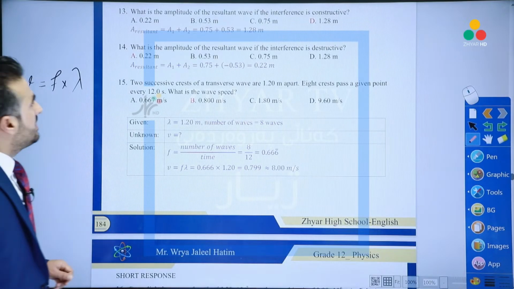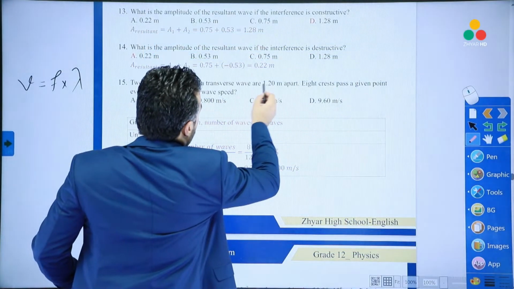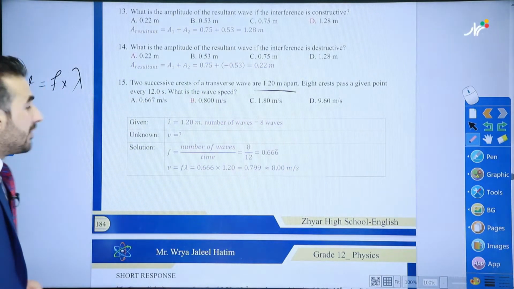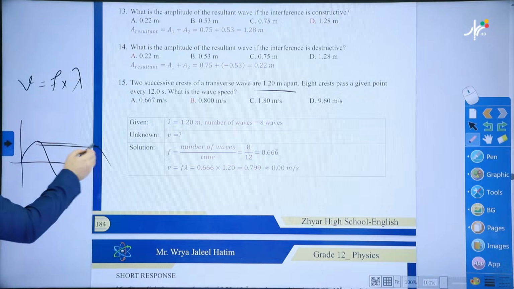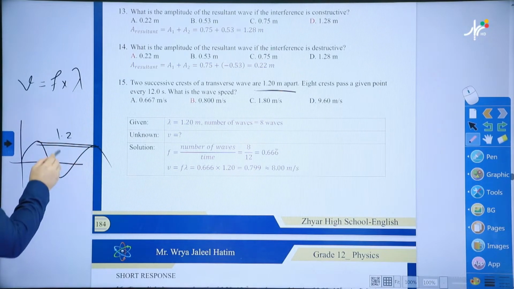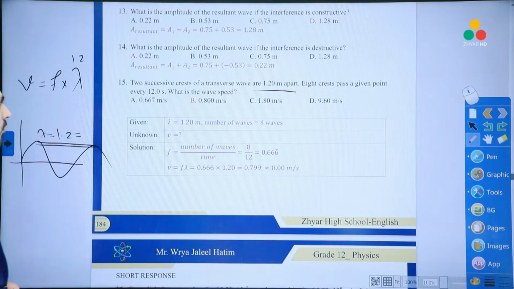Now it says what? Two successive crests that are on the wave that are 1.2 meter apart. So if we have, let's say, here's one crest and this is two. So this two is 1.2 meter apart, and we do know that this is the wavelength. Okay, so we do have the wavelength, which is 1.2 meter. What about